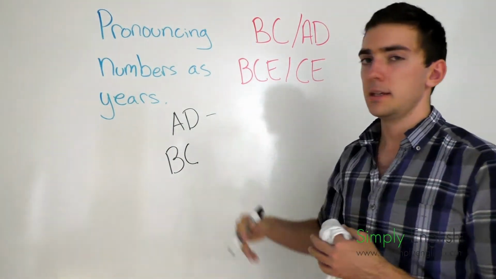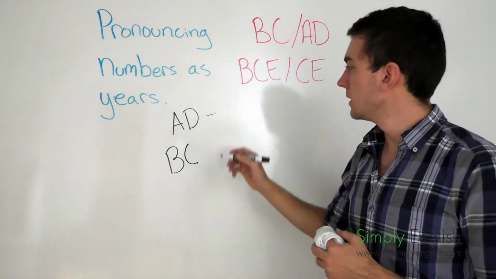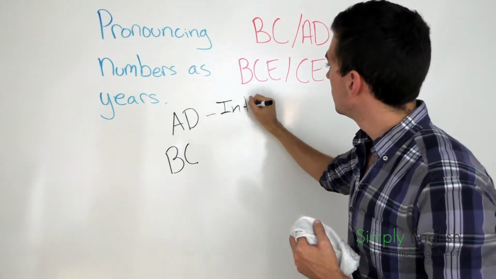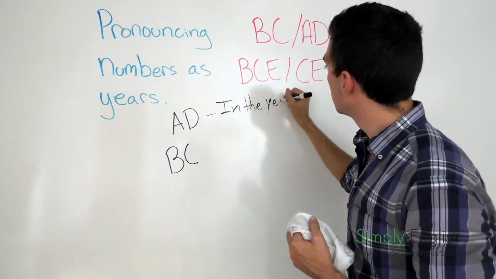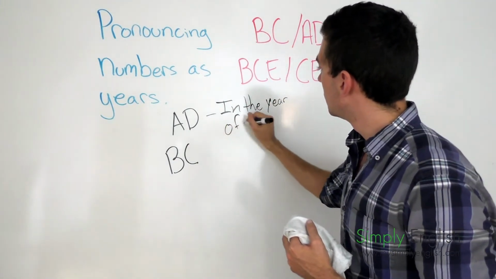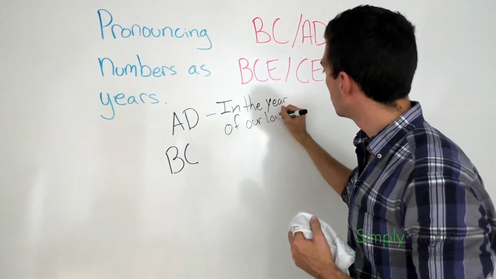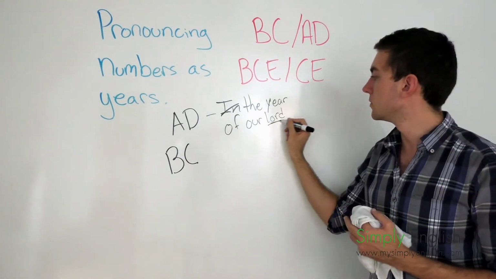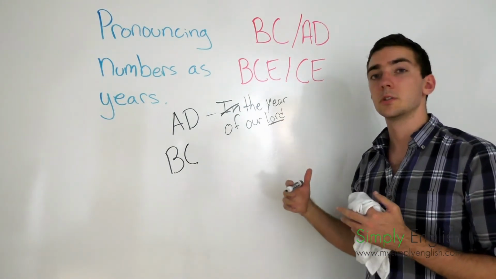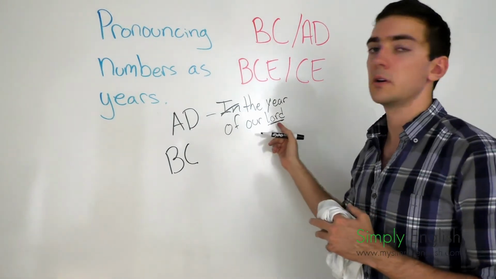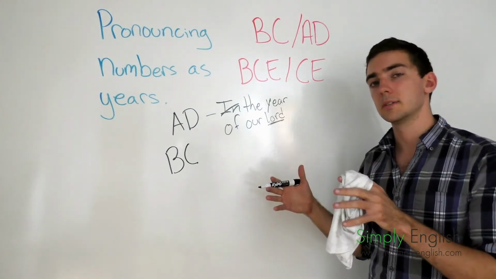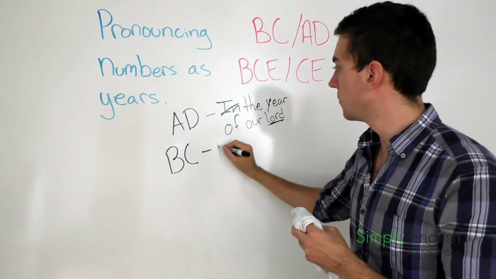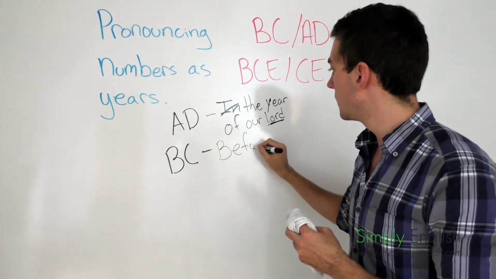AD is Latin for, I believe, Anno Domini, which translates into English as in the year of our Lord, or the year of our Lord. And the Lord here is referring to the Christians, Jesus Christ. So in the year of our Lord refers to in the year of Christ, or the religion Christianity. BC, on the other hand, stands for before